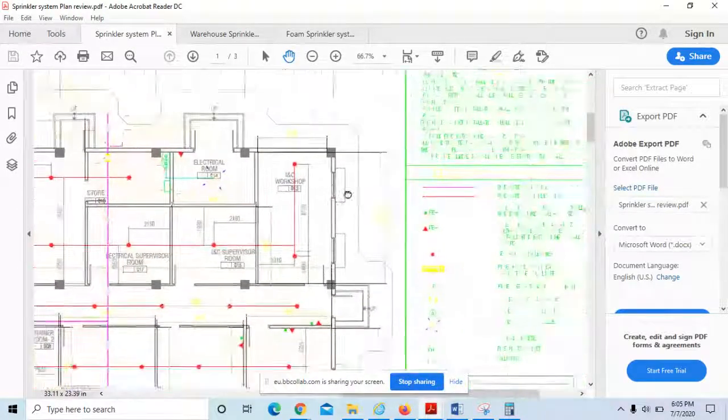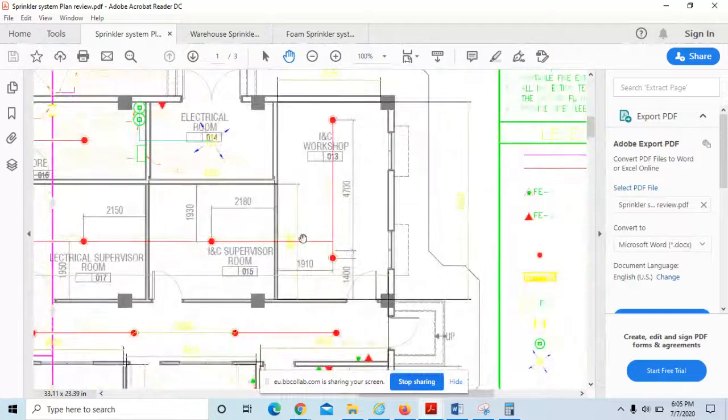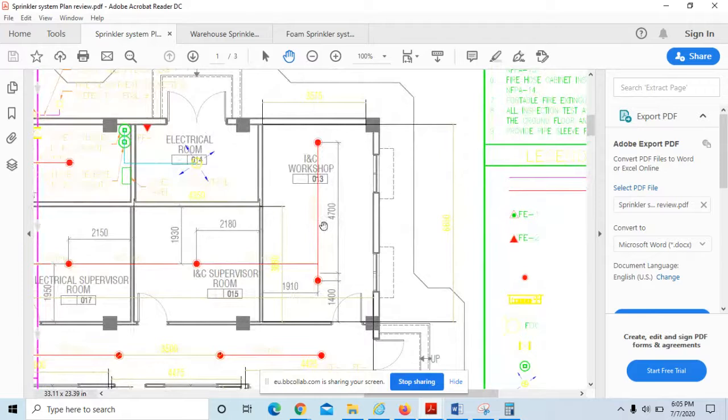If you look at this section in the workshop building, the distance between two sprinklers is 4.7, right? As per NFPA, the maximum they have given is 4.6. So this looks like more than the allowance, which is not acceptable. At least the maximum distance should be 4.6, but no one is putting that. They are just placing around 3.7 to 4 meters, but it is even 100 mm higher than that, which might leave these areas without any water discharge in case of fire.